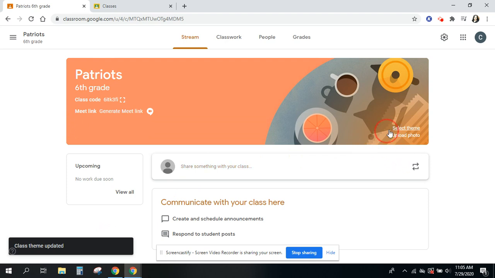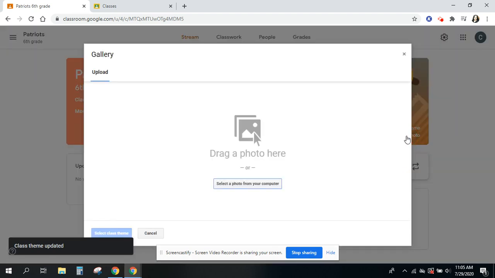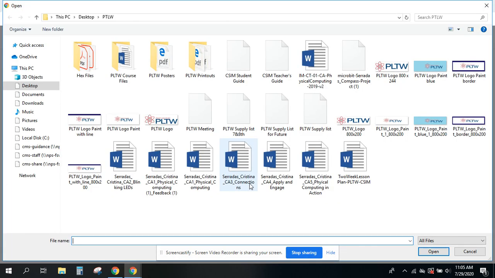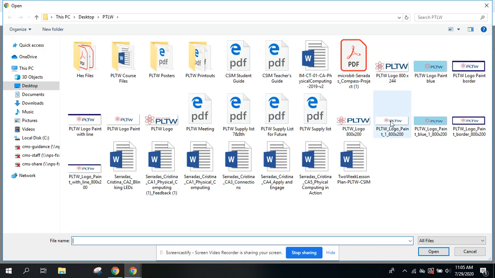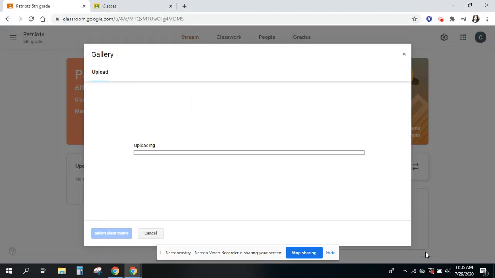You do also have the option of uploading a photo that you've previously saved on your computer. If you want to do that, I caution you that your photo must be of an 800 by 200. Those are the dimensions that it must be. I do have a photo here that I've used that's 800 by 200. And if I go ahead and select that